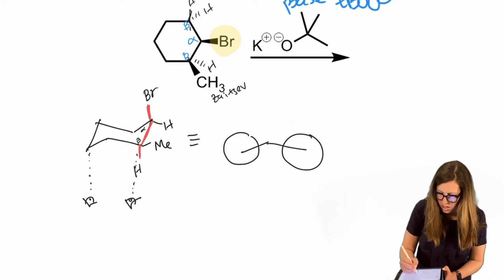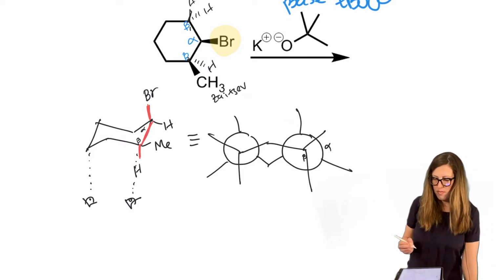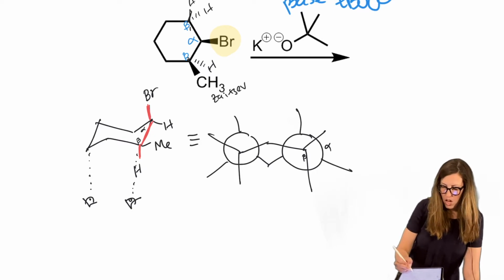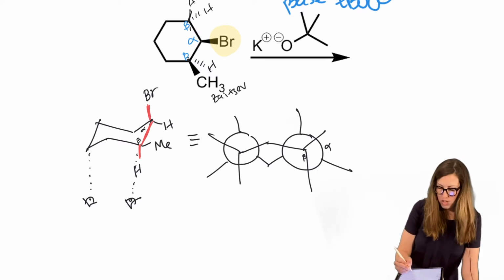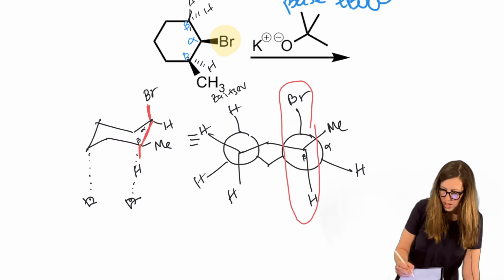So let's connect the carbons. Here's our beta carbon. Alpha's in the back. The back is joined by a down carbon. Fill in the staggered framework accordingly. Only things to draw in are the bromine and the methyl. Everything else is an H. Where's the methyl? It's on beta. Beta has an H on the bottom, methyl on the top. Who else has something? Alpha. Alpha has a bromine on the top, an H on the bottom. Everything else is H's, so that's easy. Here we go. Double Newman shows us, nice, beta H is anti to leaving group.